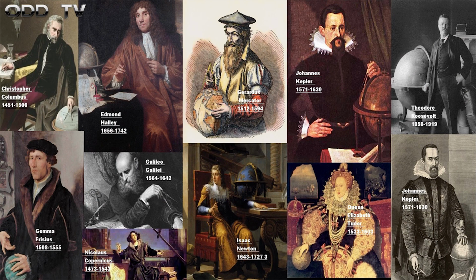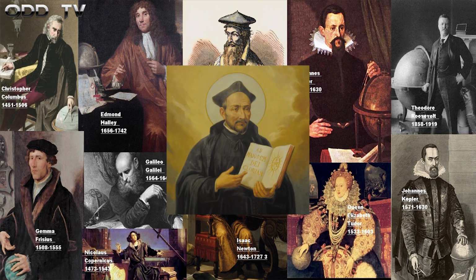Yes, the heliocentric globe model of the world has always had its advocates, but these celebrated figures throughout history have almost all been easy to spot Freemasons, and I should note that Freemasonry is a form of Judaism. And the founder of the Jesuits, Ignatius of Loyola, was a crypto-Jew. A crypto-Jew is a Jew who converts to another religion and outwardly embraces the new religion, while secretly maintaining Jewish